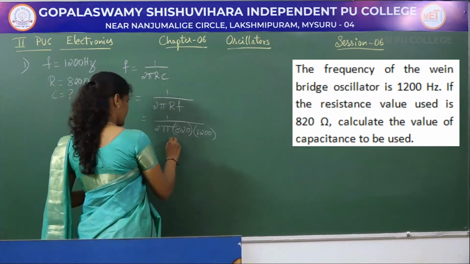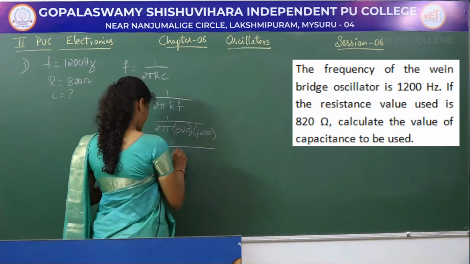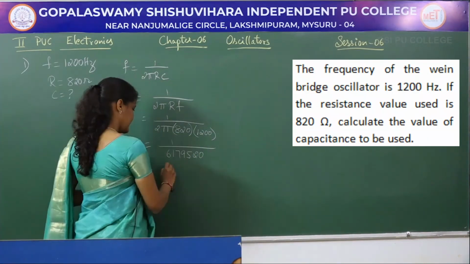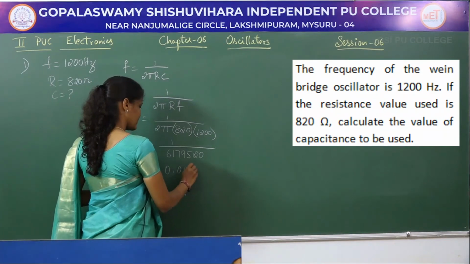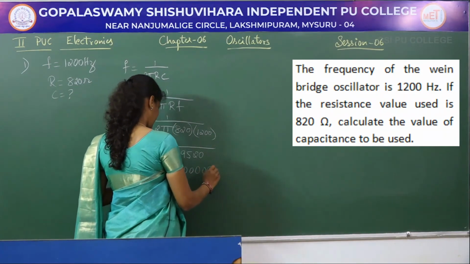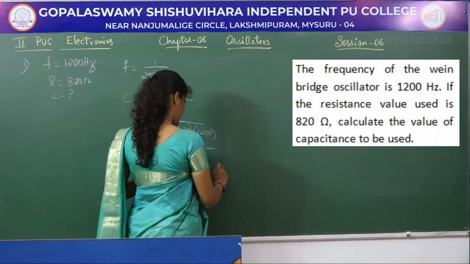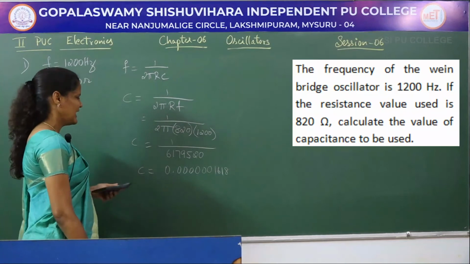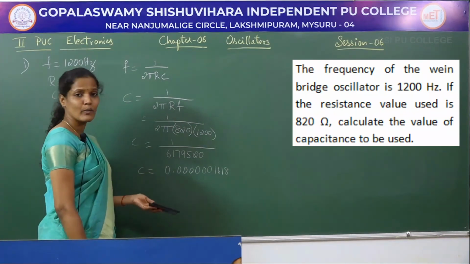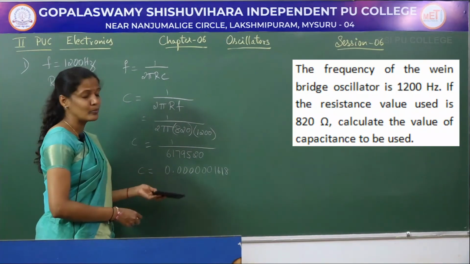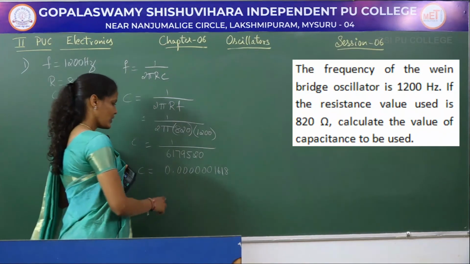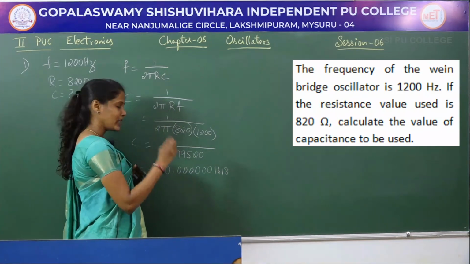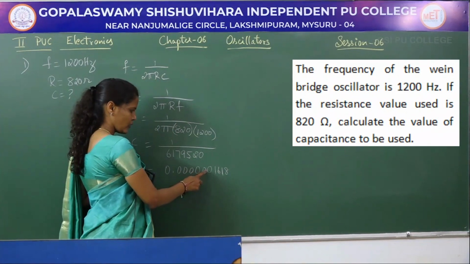So let us multiply this. C is equal to 1 divided by 6179520. So C equals 0 point followed by 6 zeros, 3, 4, 5, 6, 1618. So C, we have got this much value. Let us not keep this answer in this form. Let us change this either to milli or micro or nano. So if I am going to shift the point towards the right, then the powers will be 10 to the power of negative values, 1, 2, 3, 4, 5, 6.